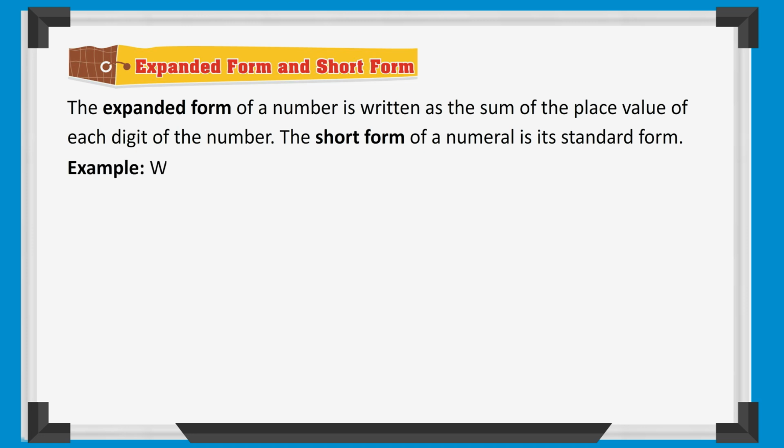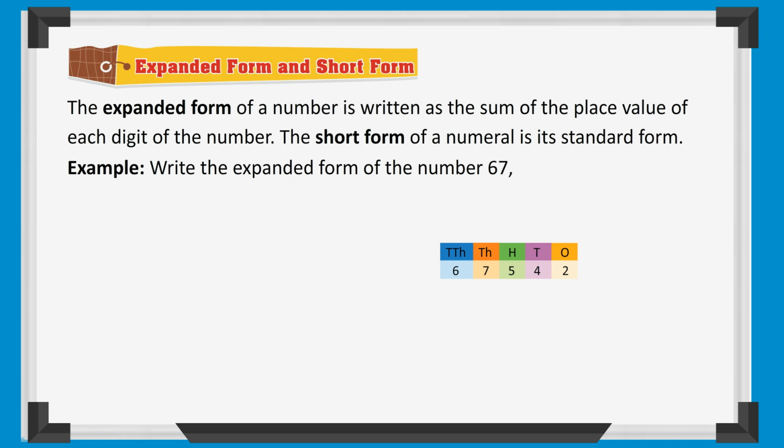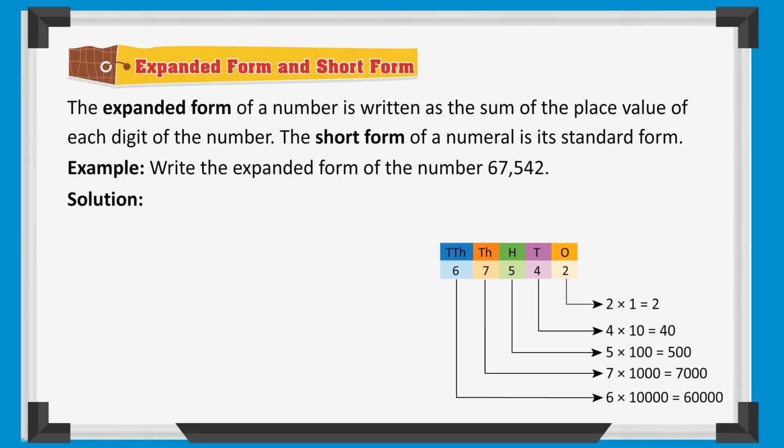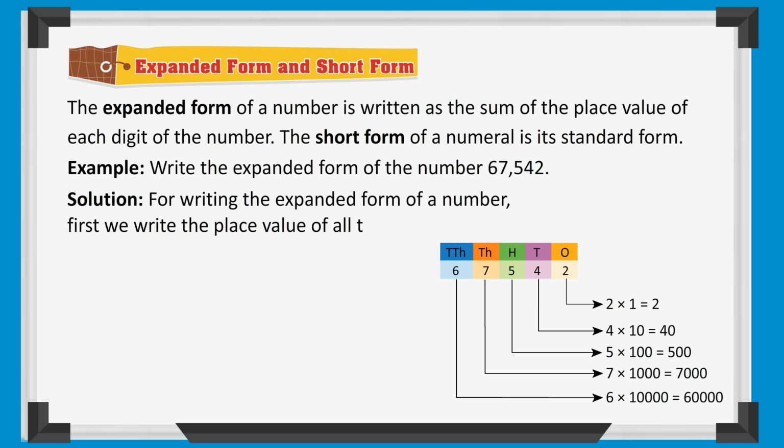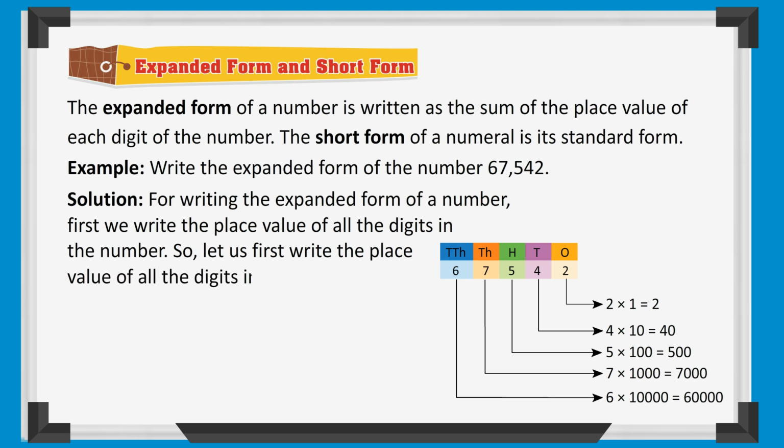Example: write the expanded form of the number 67,542. Solution: for writing the expanded form of a number, first we write the place value of all the digits in the number. So let us first write the place value of all the digits in the number 67,542. Thus, the expanded form of